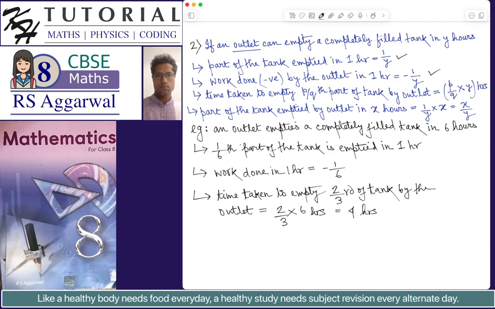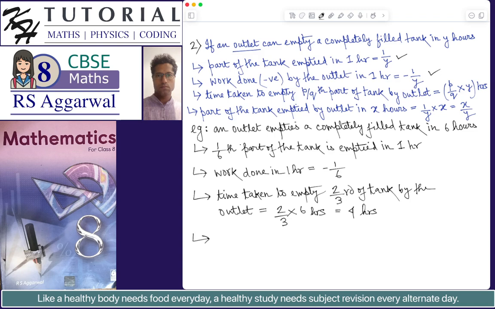So in 4 hours, this outlet can empty two-third, 2 by 3 part, of the tank. Okay. Now let's see what part of the tank will be emptied by this outlet in, let's say,